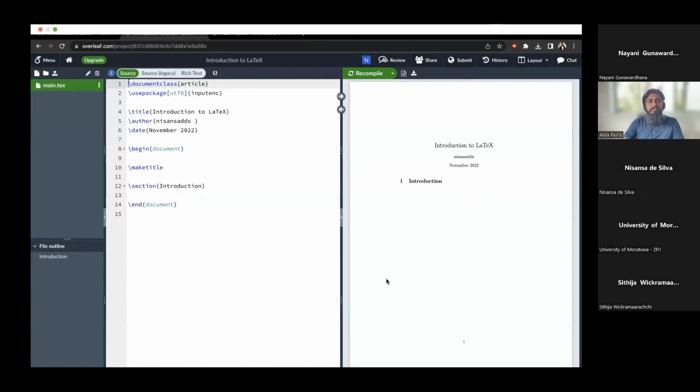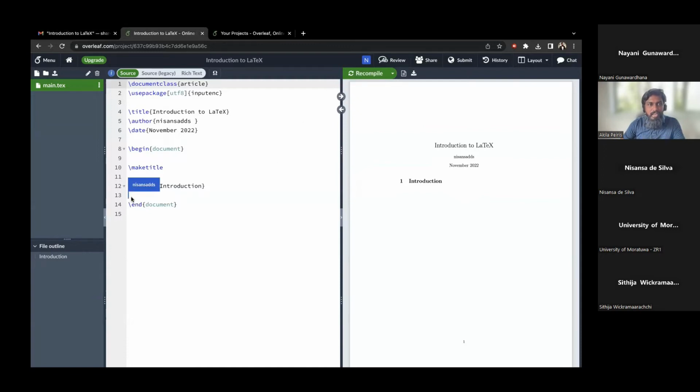Just like in Google Docs, you should be able to see my tag. Here it would indicate Dr. Nisansa's presence. You can see the N, the initial, and here you can see his cursor, and if you go on top of it, you can see that it is moving, and you can see the flag as well.